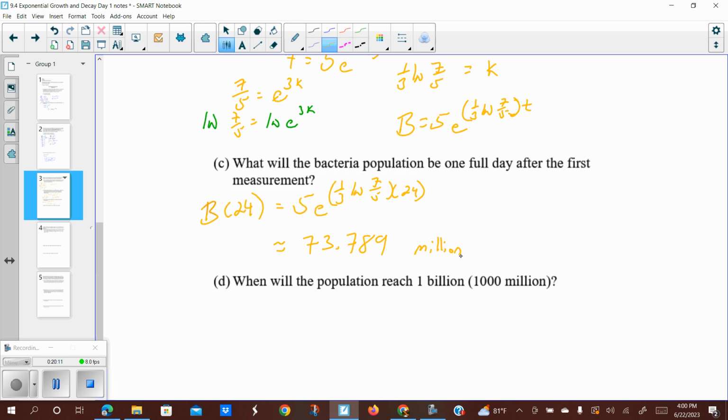All right, part D. When will the population reach 1 billion, which is 1,000 million? So now they're asking for when. That means we're solving for t. They're giving us the new population, which is 1,000 million. That goes in for b. And then we have to solve this equation